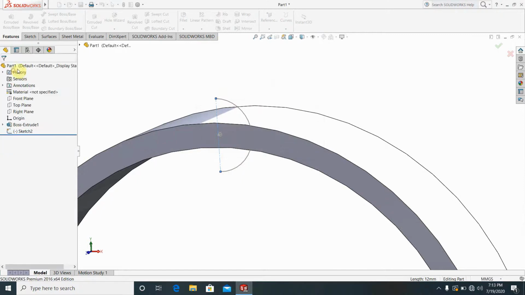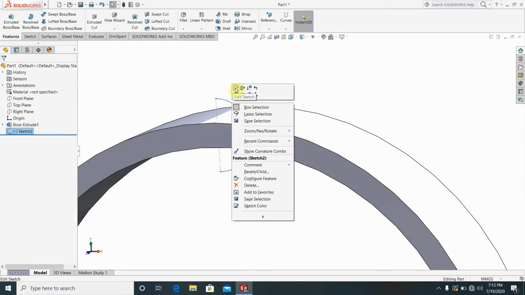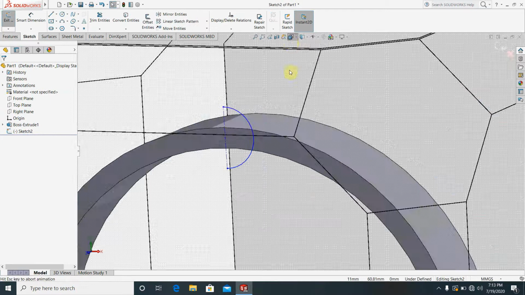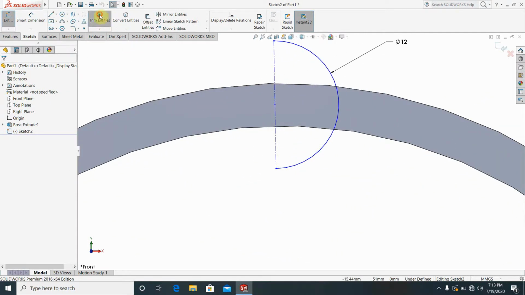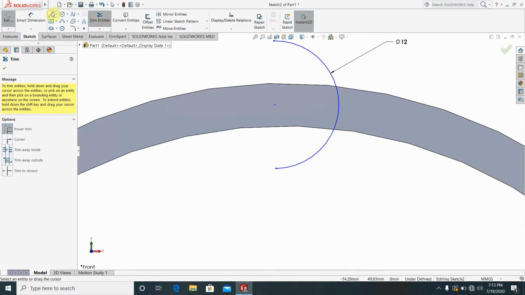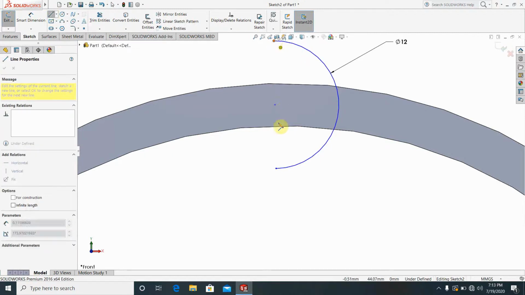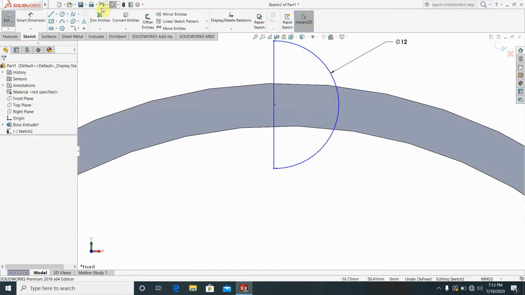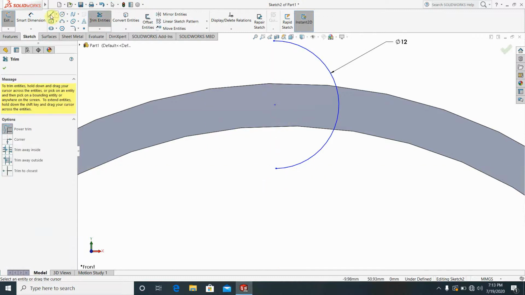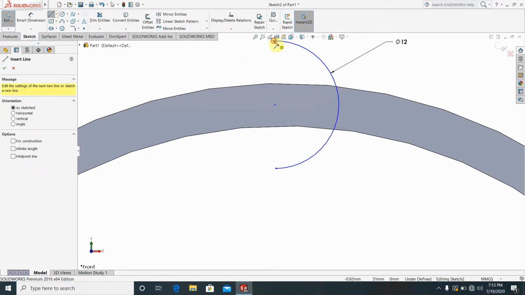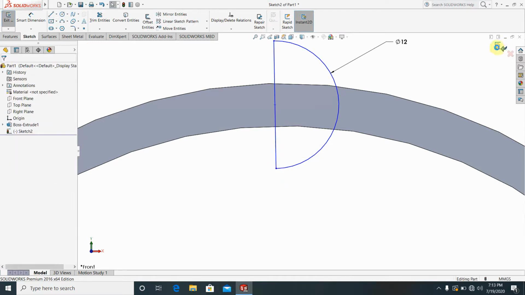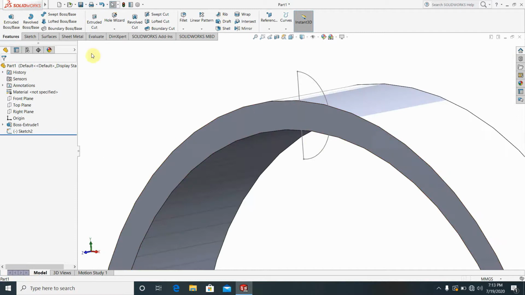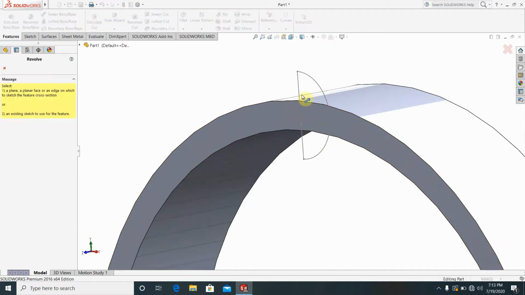Okay, then you have to go for this center sketch option and make it trim, and go for this, not the center line. You have to make the original line here. Sorry, make it trim, go for the original line here. When I'm making the original line, exit from sketch and go for the Revolved Cut, select